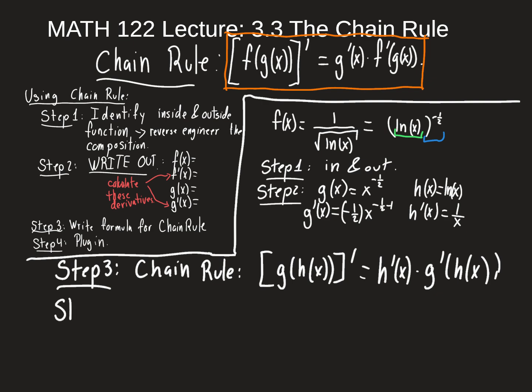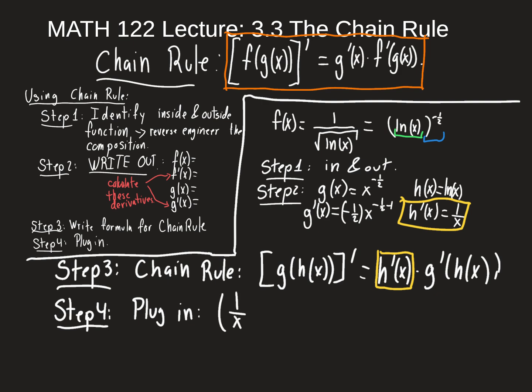So all that's left to do now is to plug in. So this is going to be step 4, plug in. And we are going to get, first things first, the derivative of the inside function, which has to come here. And we see that that's going to be h prime of x equals 1 over x. And again, mind the parentheses, so we're going to have a 1 over x here. And just to keep up the color coding,